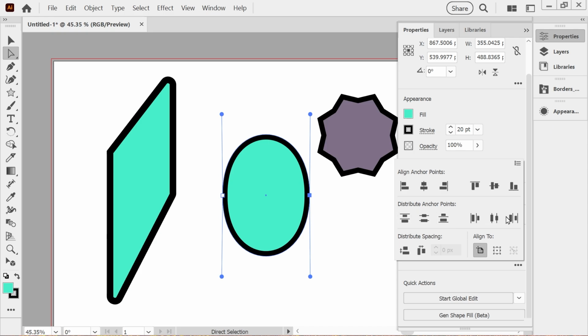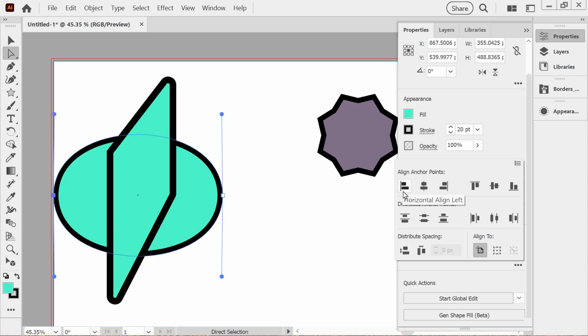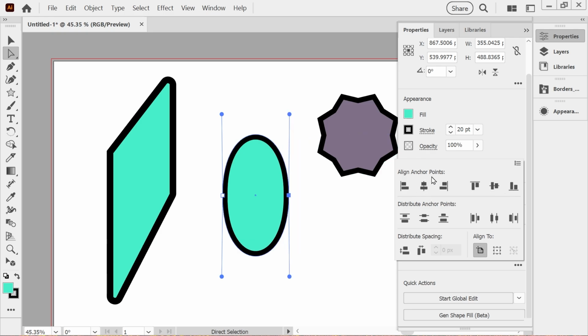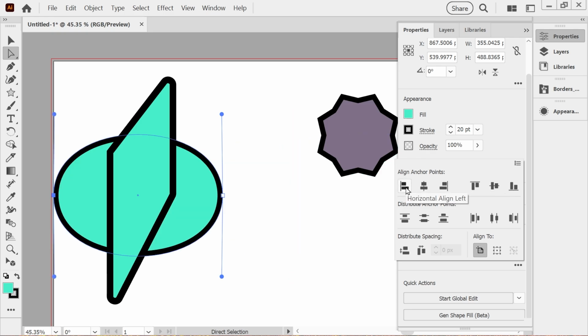What if I've managed to break it by doing that? Not break it, but you know what I mean. Now, it's interesting that when you do align anchor points,